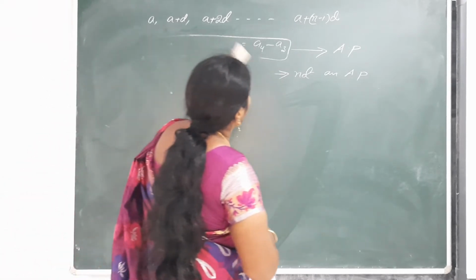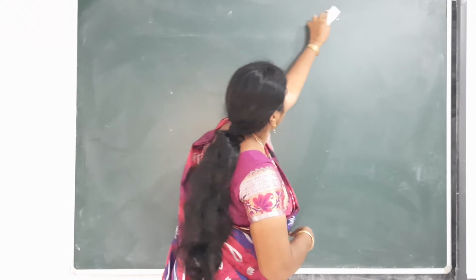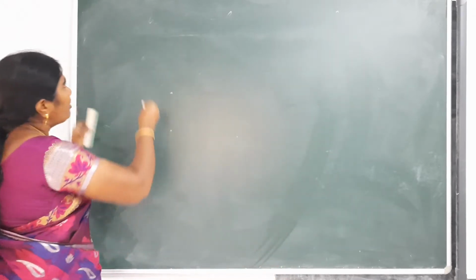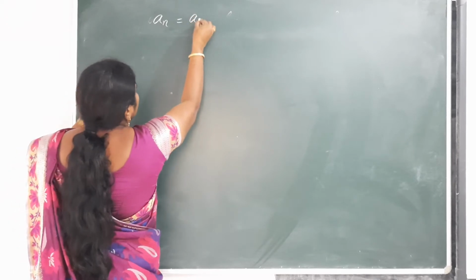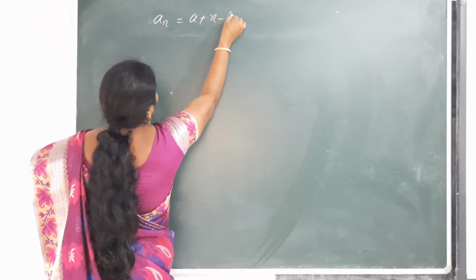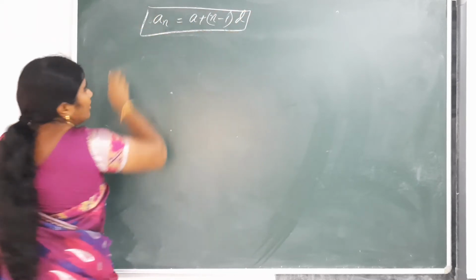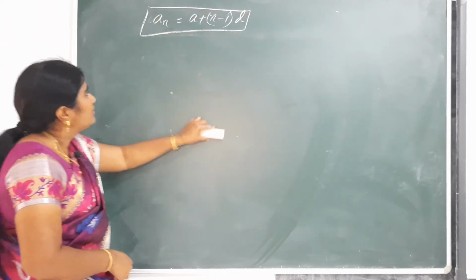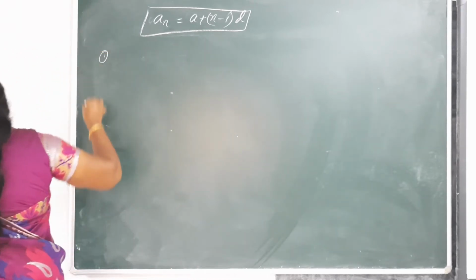The nth term of an AP is denoted by the letter an. The nth term of an AP, an equals a plus (n minus 1) times d. Let us see some problems based on the nth term of an AP. First one,